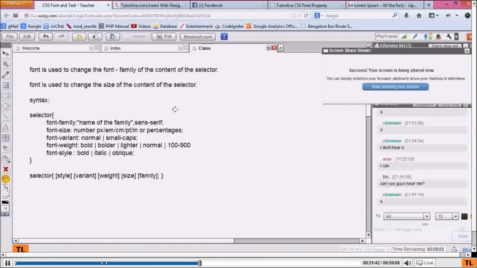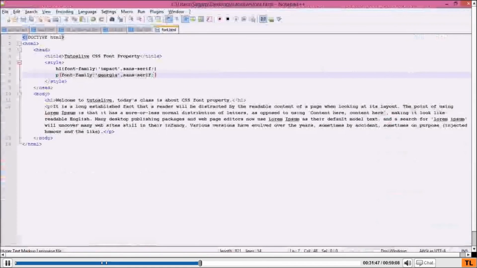Now I want to see bold of this. Like how do we make this bold? Let's use the